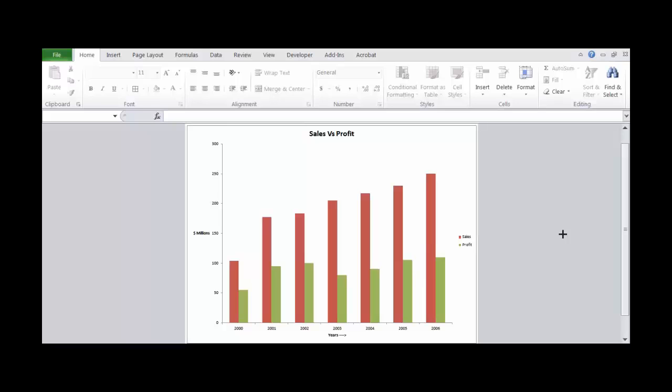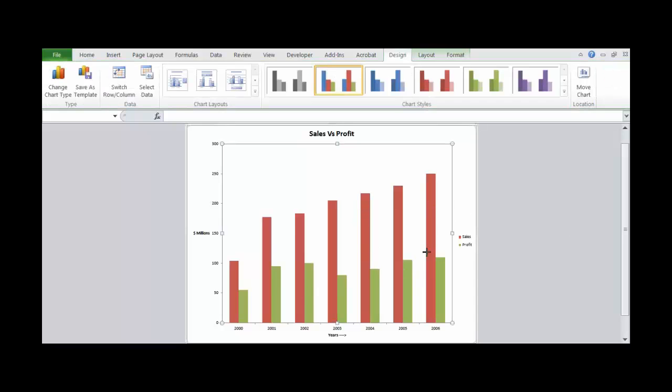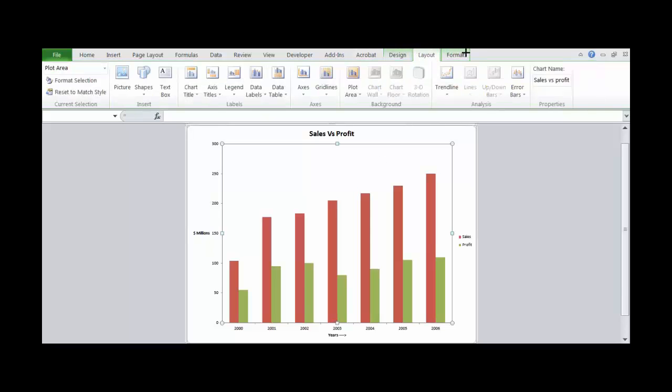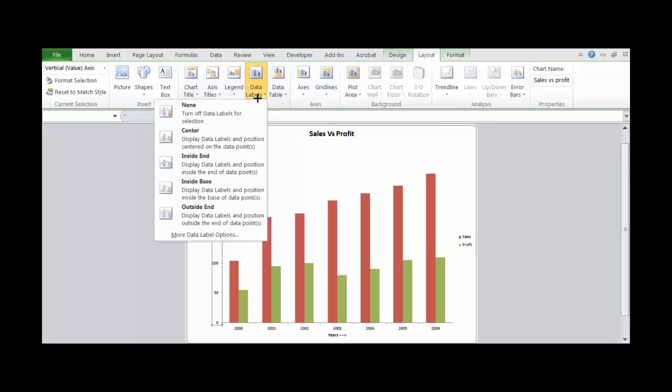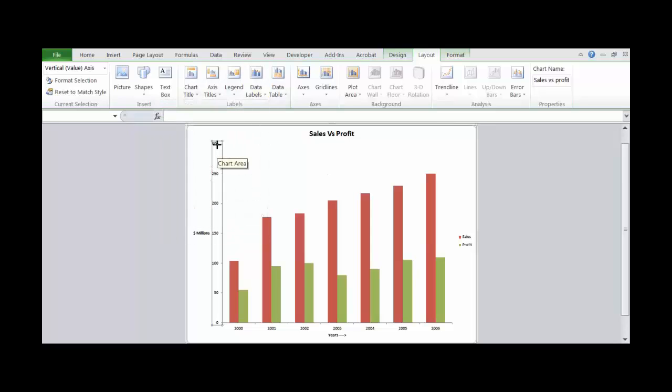What has happened is the chart has moved over here, Sales versus Profit, and you can see it over here. Note that you can do all the changes that we discussed, design, layout, etc. One thing you may want to do is shorten the axis. Let's say it is 300.